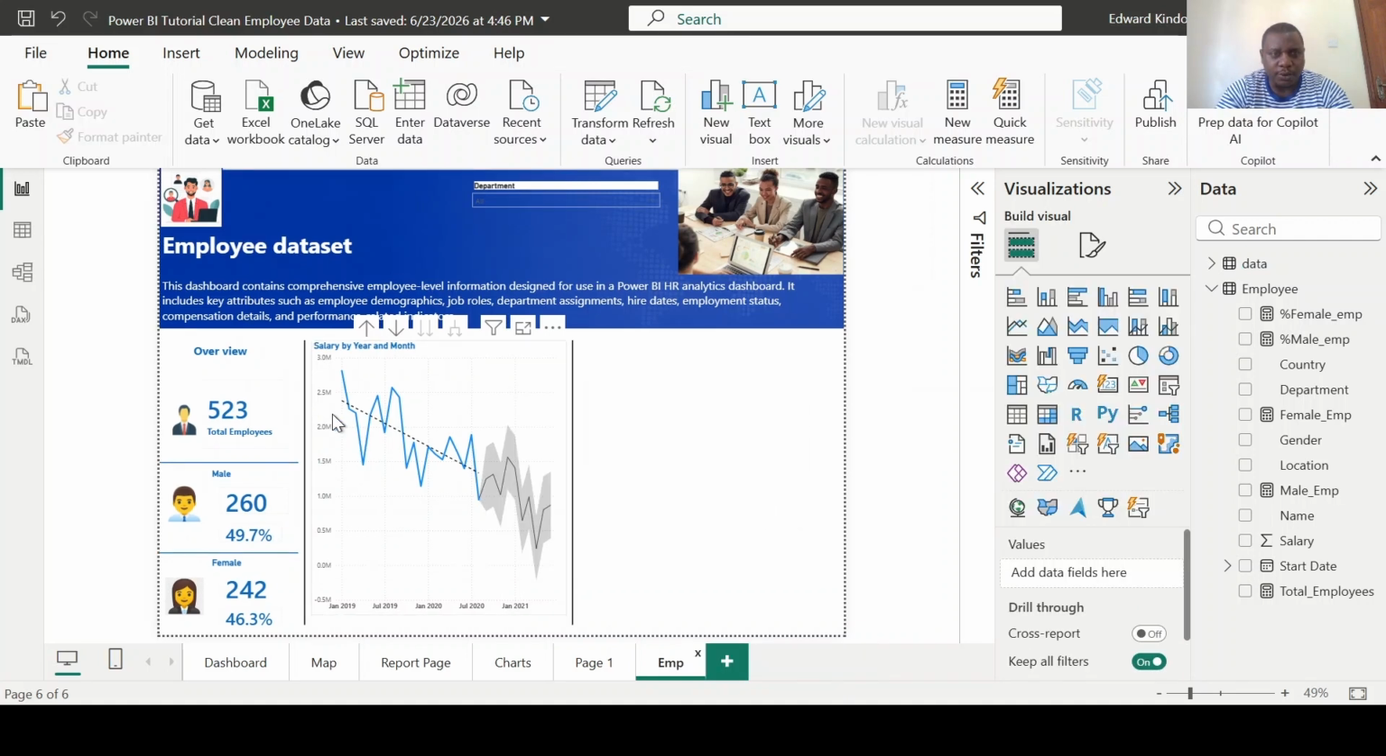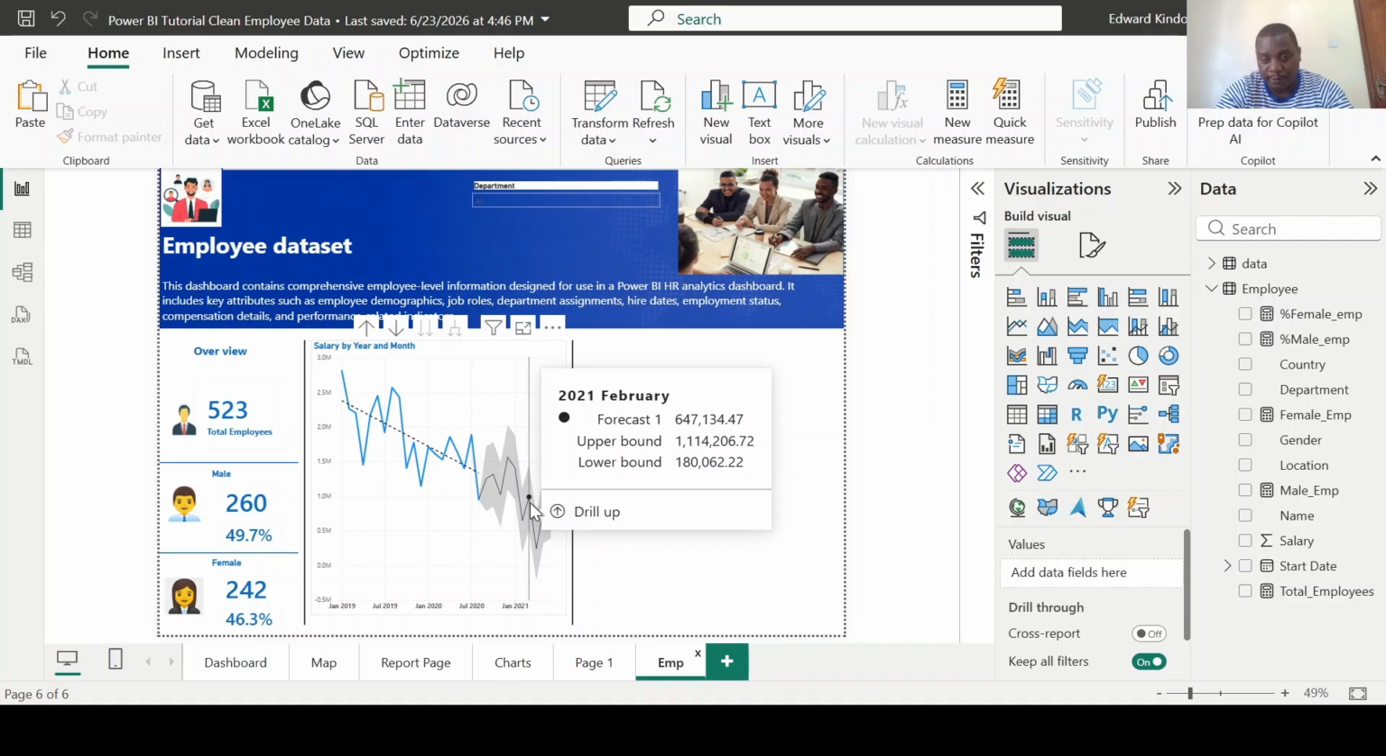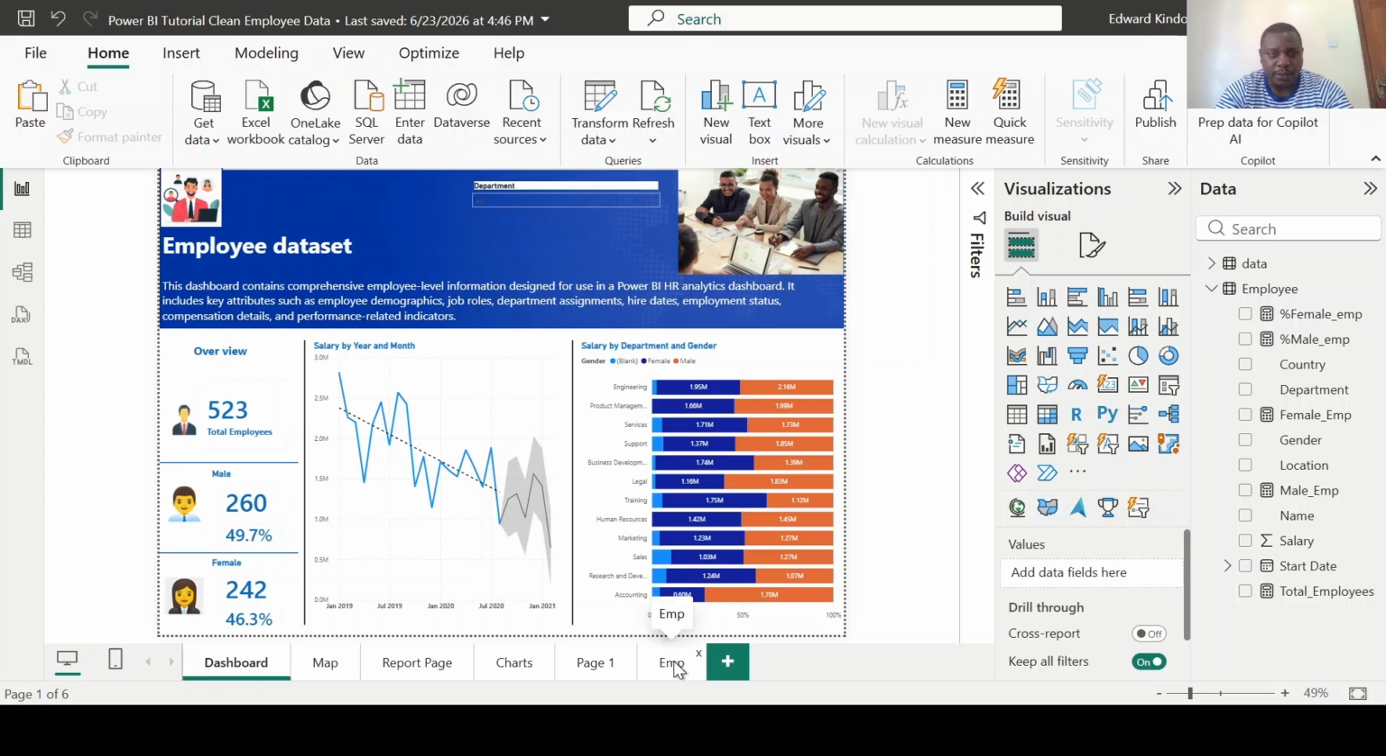Okay, so we have turned on the trend line. This is how our data is going to move, moving downward. Forecast, you can see that in Jan 2021, in February, we have a forecast of 644,134. Upper bound is 1 million and lower bound is 180,000. Okay, now this is salary